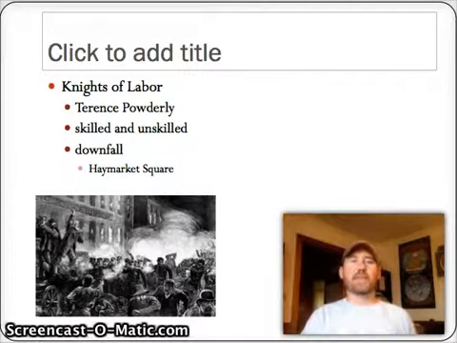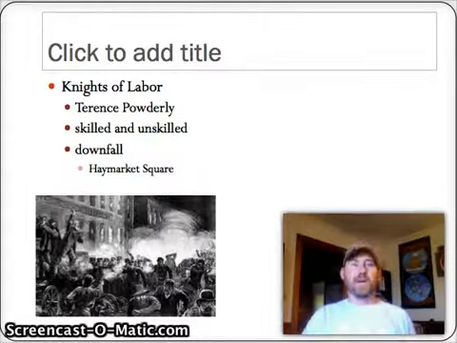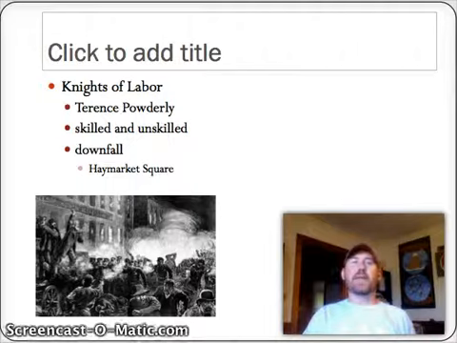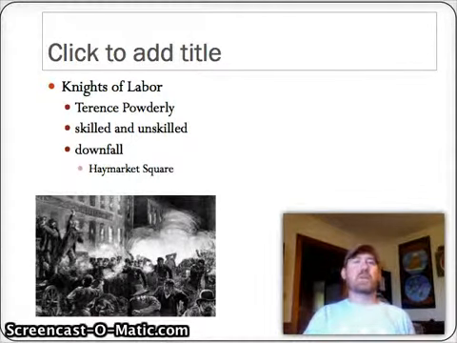The first of which is going to be the Knights of Labor. Now, we're just going through the basic characteristics of these, but the Knights of Labor was founded by a guy named Terence Powderly. It was a combination of skilled and unskilled workers that made up the membership of it. They advocated for what you would normally think: fewer working hours, more pay, better working conditions, and all that. We've talked about how bad it was to work in factories at this time, and they're trying to address some of these problems that workers are having.